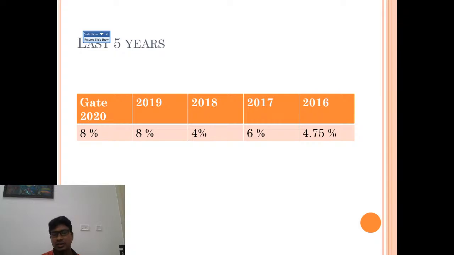Not only for GATE, this DBMS course is very useful for students who are preparing for placements, because a lot of companies will expect you to be very sound in DBMS, and that too normal forms and transaction management, not only SQL. Okay,